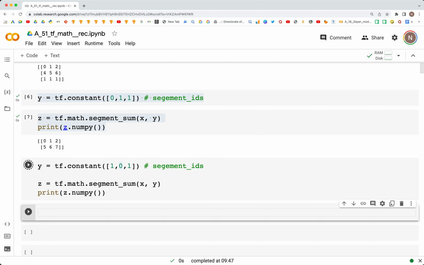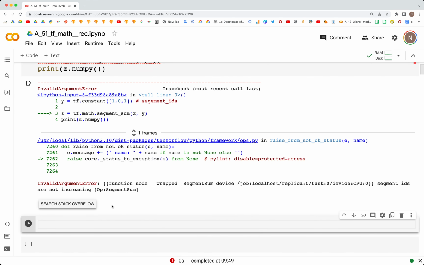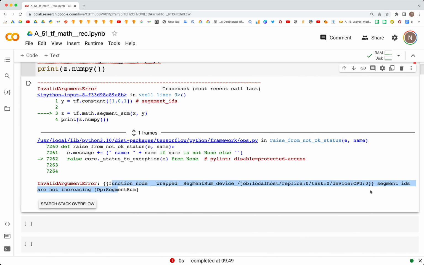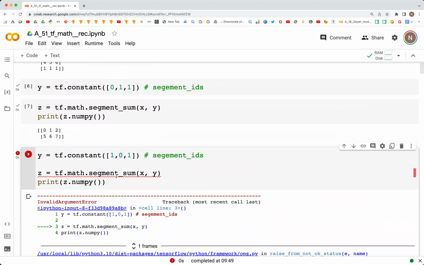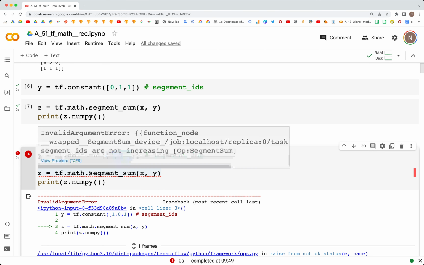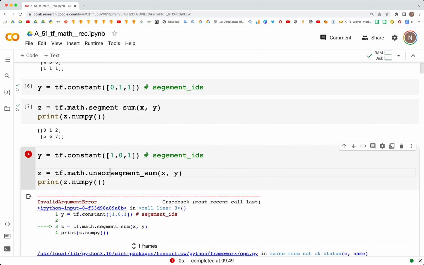And if we try to run this now, it should throw an error, saying segment IDs are not increasing. And therefore, to be able to use these unsorted segment IDs that we have here, TensorFlow has another method which is called unsorted